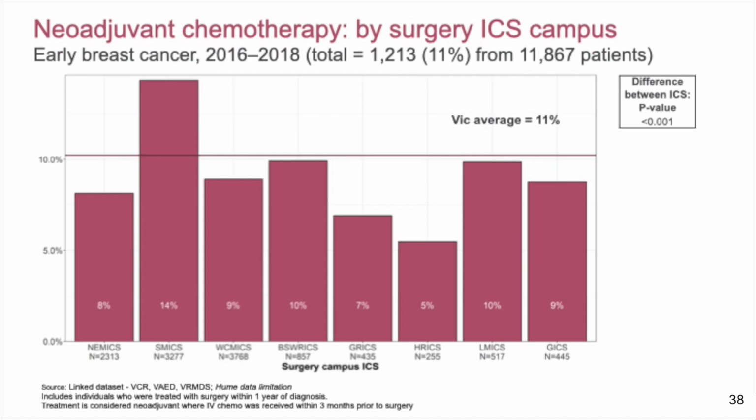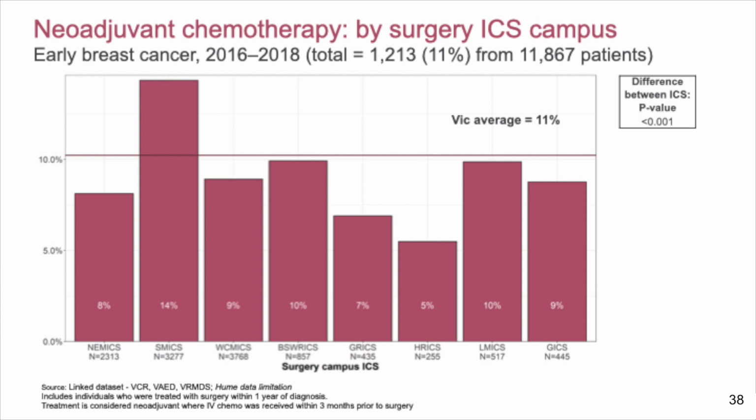Neoadjuvant chemotherapy. We were really excited that we could put together some data on how often neoadjuvant chemotherapy is being given across the state, given that we didn't think that had really been looked at. Certainly individual institutions have looked at it and published on it, but not across the state. It is a bit of a surrogate how we've come to this data, so we hope this is fairly accurate, but I suspect there may be some small gaps. So the Victorian average says 11%, largely driven there by the SMICS data, but you can see a little bit of